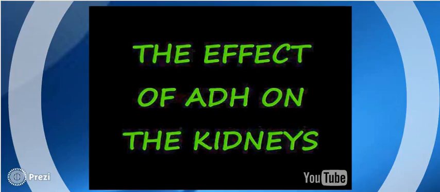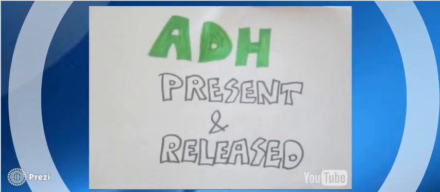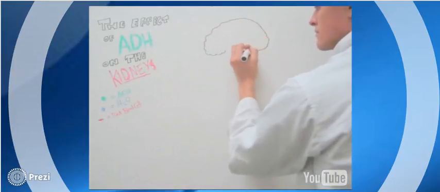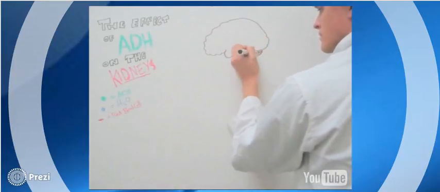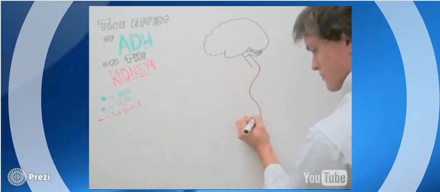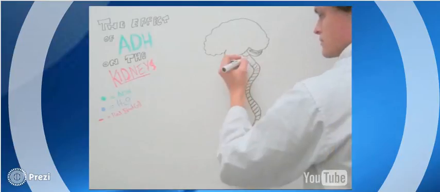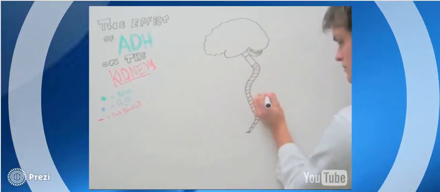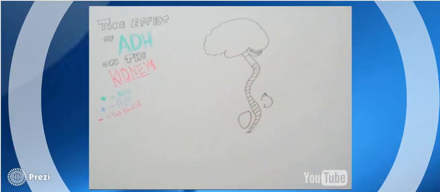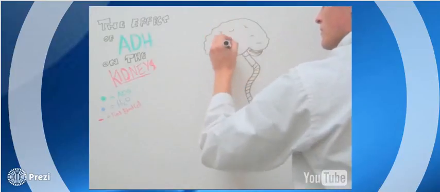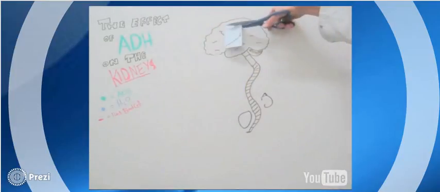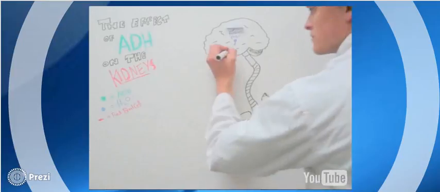First up, antidiuretic hormone under normal conditions. We have antidiuretic hormone in green, we have water in blue, and red blood cells in red. As pictured here, we have the brain and the spinal cord, we have the kidney, and we also have the bladder. Now, in the brain, underneath this segment here, we have the posterior pituitary gland, as pictured.